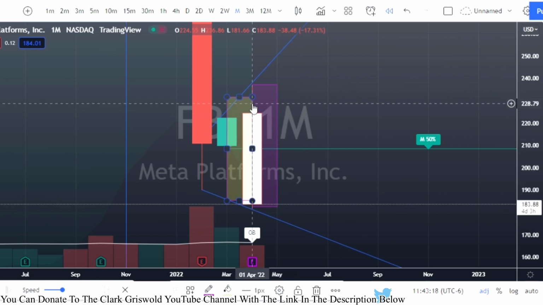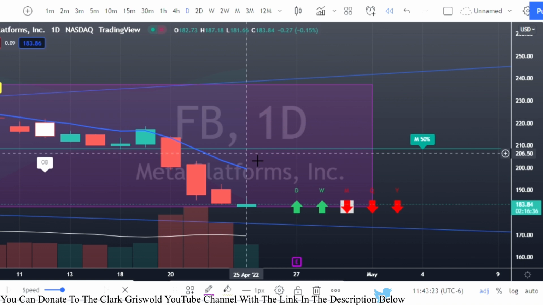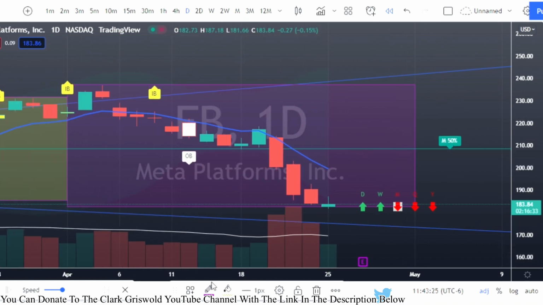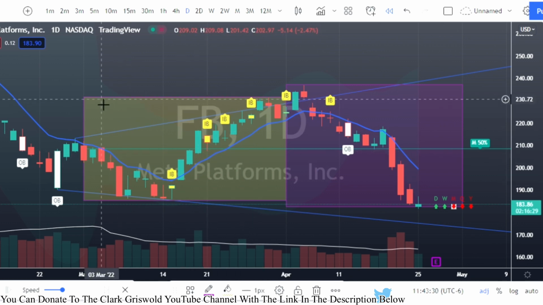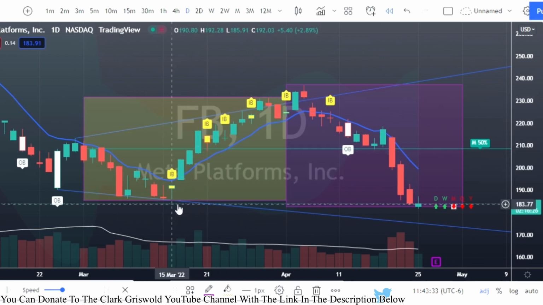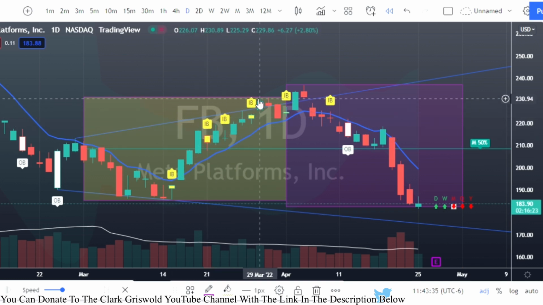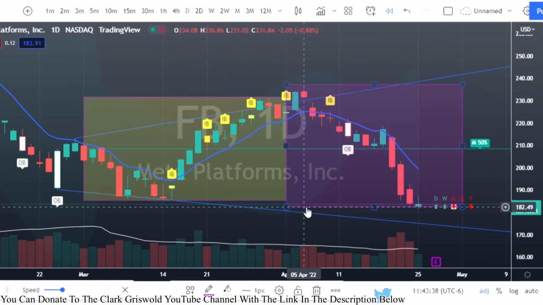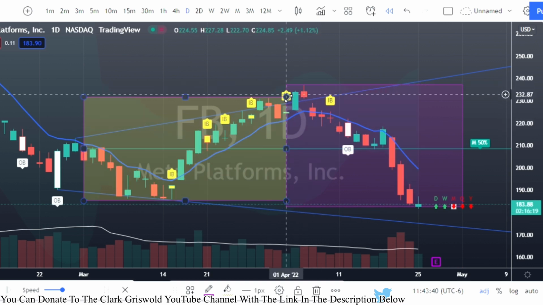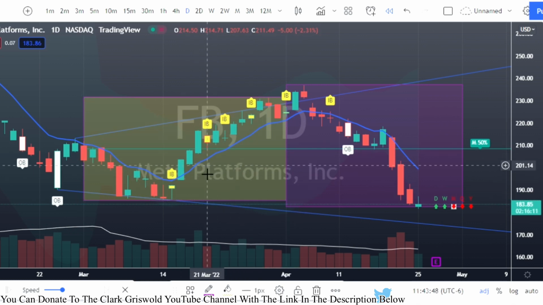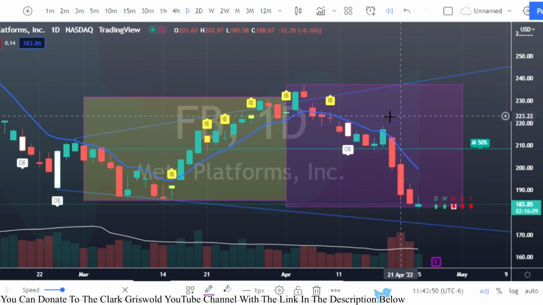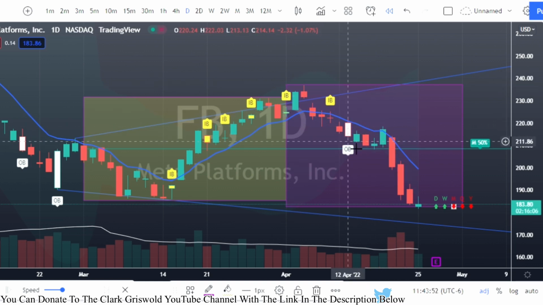So if I go back onto the daily chart, you notice those brown and purple lines. So I've broken this up for you guys. This kind of browny goldy box here is the previous month's range, okay? The low and the high. This purple box is what gives us our outside bar. So we broke the high of the previous monthly bar, and we broke the low of the previous monthly bar, which is this green one here versus this purple one here, which is the month of April, okay? And I hope that makes sense to you guys.